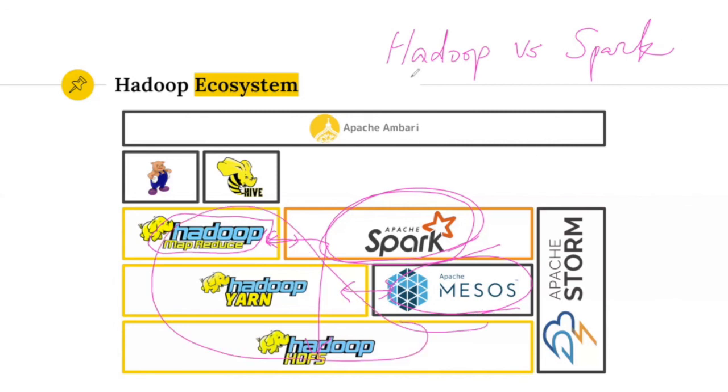I think the correct way to say it is Hadoop MapReduce versus Spark, because they're at the same level and they do essentially the same thing. And Spark is nowadays clearly a winner in this competition between MapReduce and Spark, because it's not only 100 times